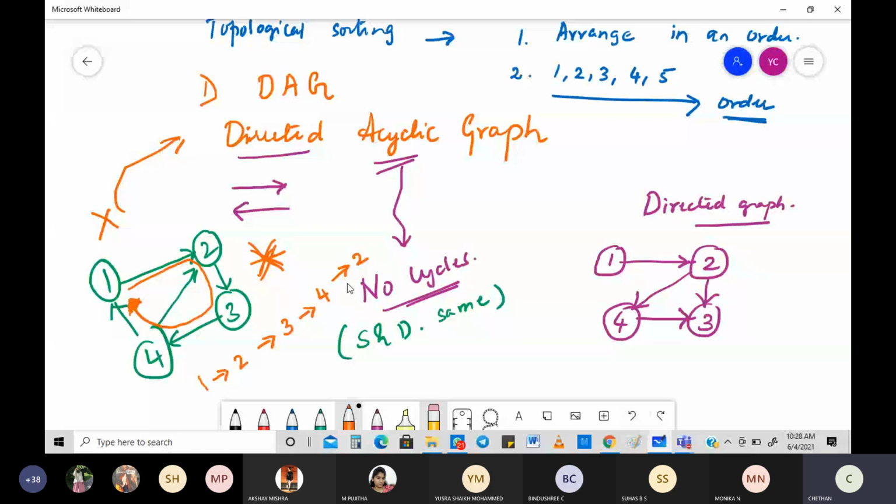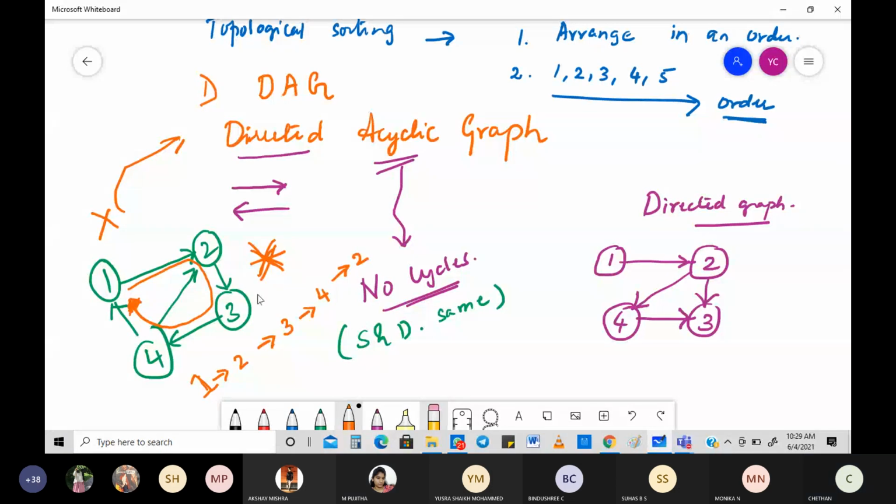No. See where I'm starting. It's what you call a semicircle. Okay. Now just look into this. I'm starting from 1. Then 2. Then 3. Then 4. Then again I'm going to 2. But I have not ended with 1. But now you see this. If you start only with 2, is it a cycle?